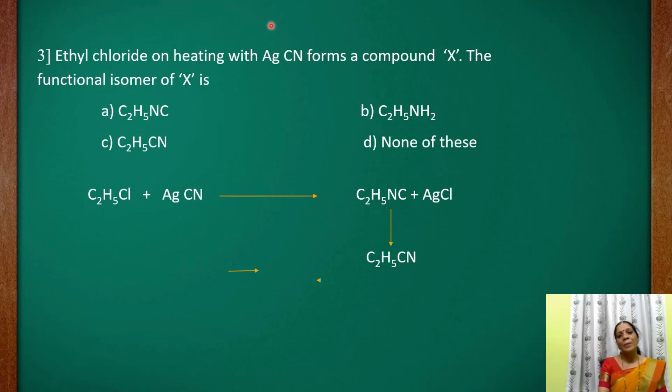But here it is not like that. The silver cyanide is a covalent compound. Covalent compounds usually do not undergo what? Ionization. Hence, the nucleophile is not generated here, like CN minus and Ag plus. Followed? No. The nucleophile CN minus is not generated here. Understood? Because the compound is what? A covalent compound. It does not undergo ionization.